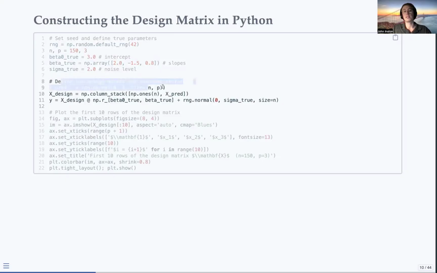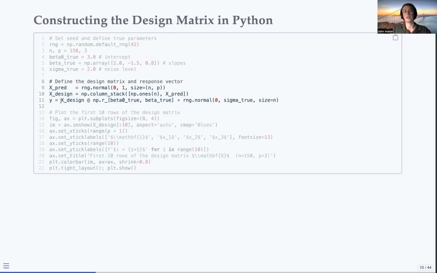I then defined this design matrix and response vector. So you can see here that this is just generating an n by p standard normal matrix. So all of the observations are completely uncorrelated, completely independent of each other and standard normal. I'm then stacking this n by p normal matrix with a column vector of ones. So this is producing the X where the first column is ones and all the remaining columns are these x's. These don't have any relationship yet,